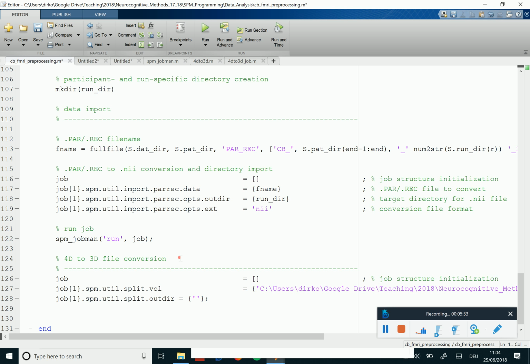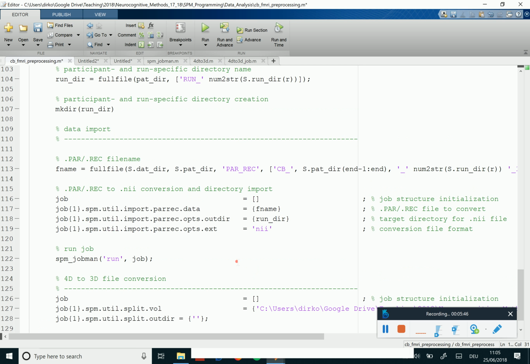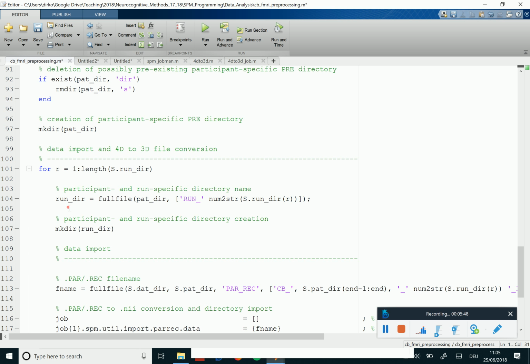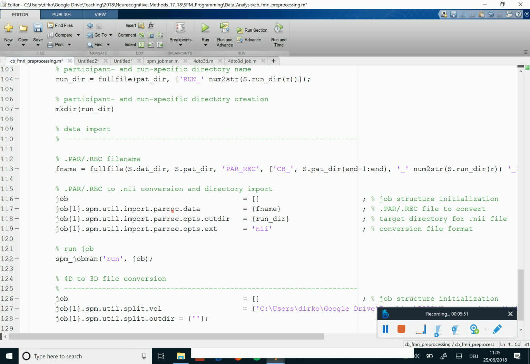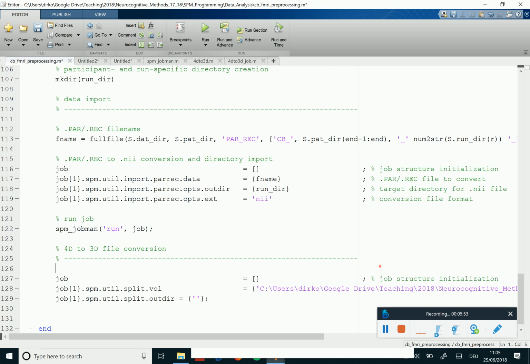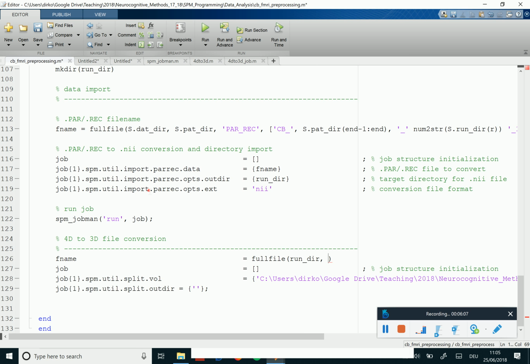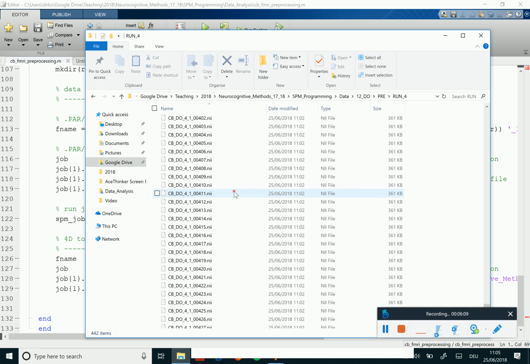And then the volume that we want is, of course, now Rundir, yeah. It's now the run specific directory, which we created up here, and then the file has again